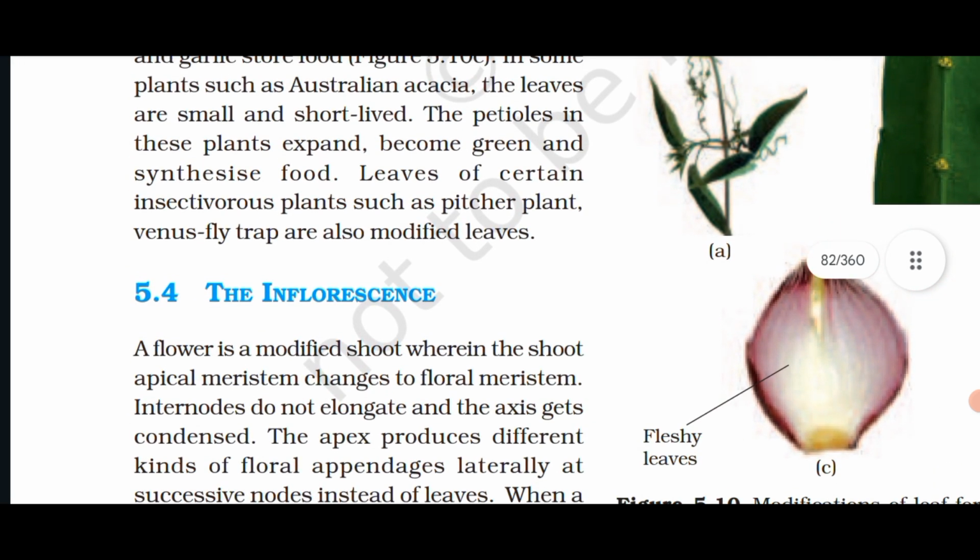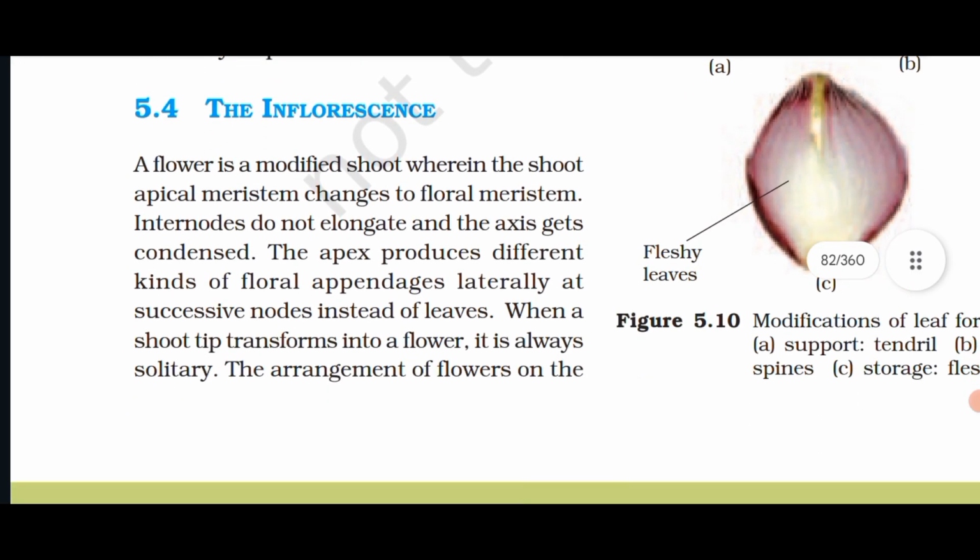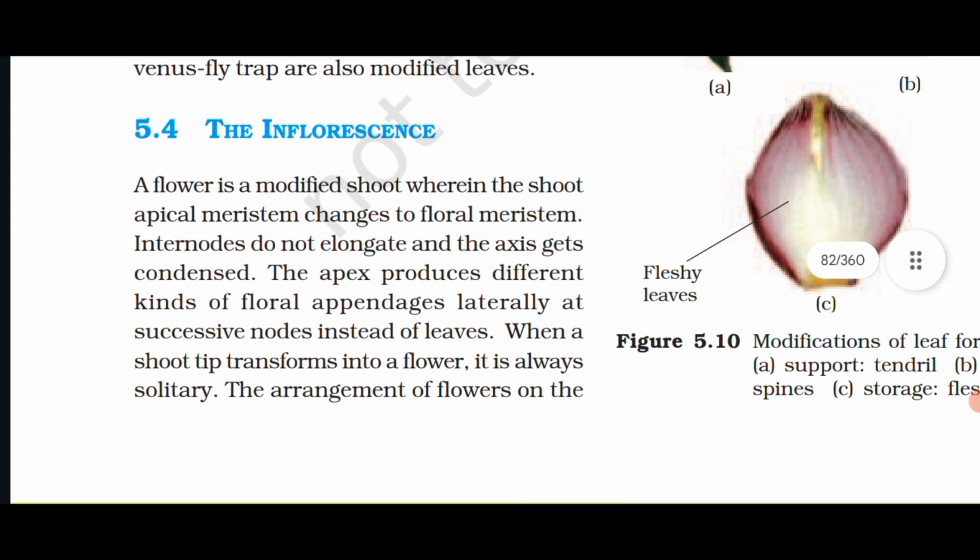5.4 The inflorescence. A flower is a modified shoot wherein the shoot apical meristem changes to floral meristem. Internodes do not elongate and the axis gets condensed. The apex produces different kinds of floral appendages laterally at successive nodes instead of leaves. When a shoot tip transforms into a flower, it is always solitary. The arrangement of flowers on the